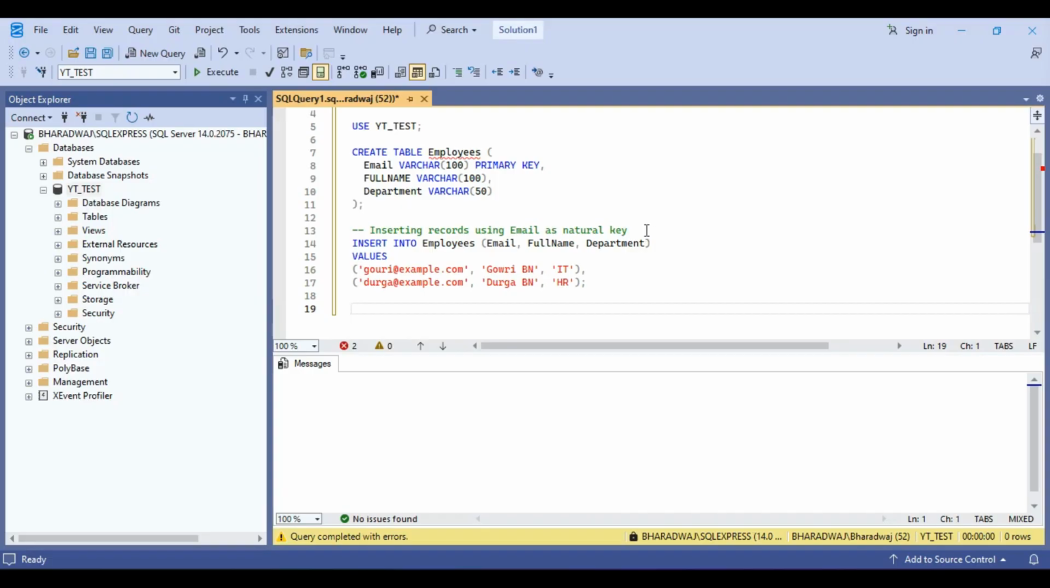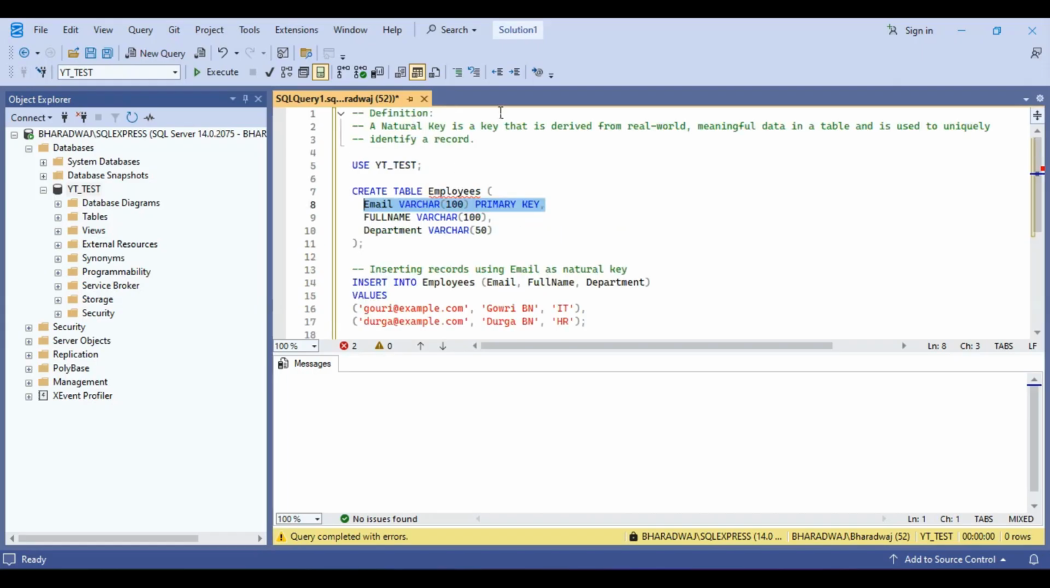I went with this example just to show the natural key. We are inserting the records using email as the natural key because we have set it as the primary key. What's the definition of a natural key? It is a key that is derived from real-world, meaningful data in a table and is used to uniquely identify the record. Here email is used to uniquely identify the record. This is the primary key. So now if I execute,